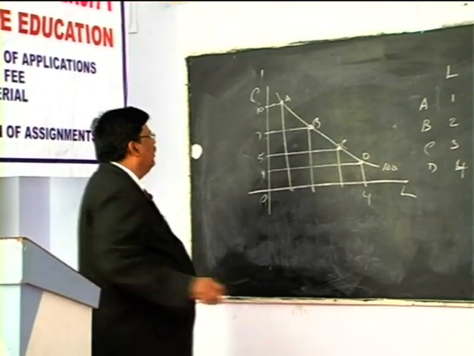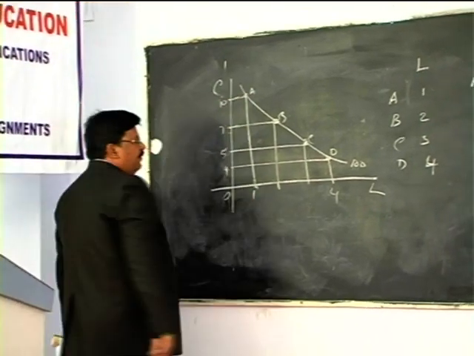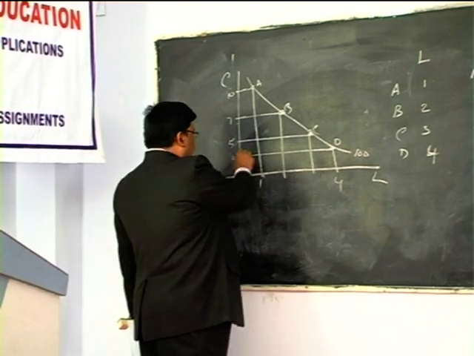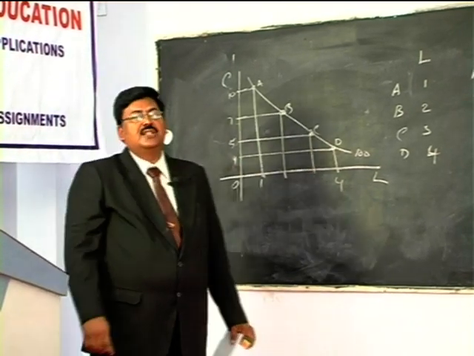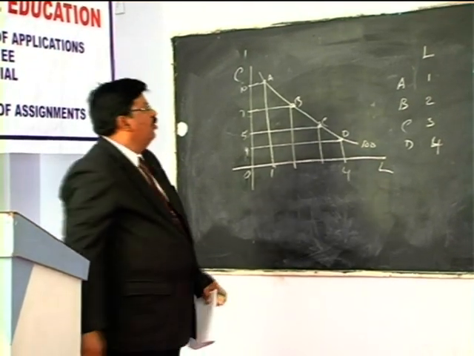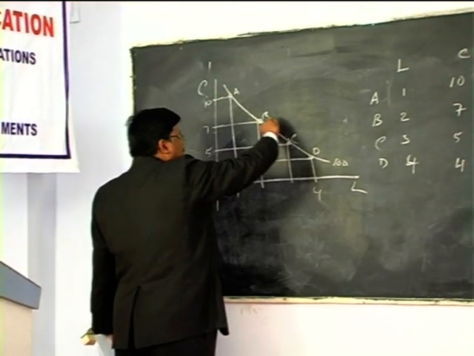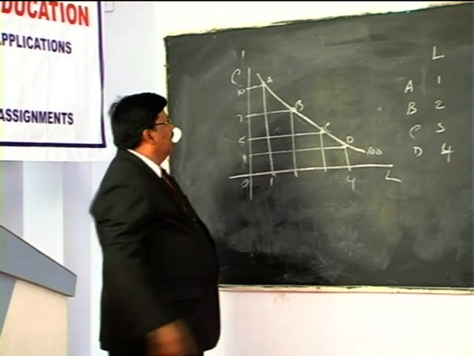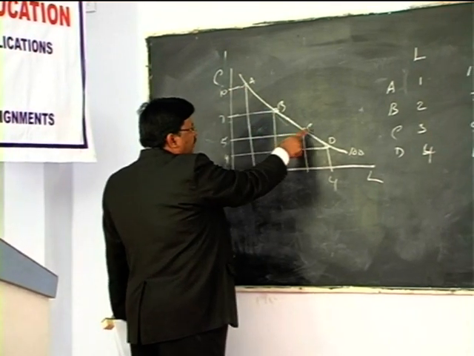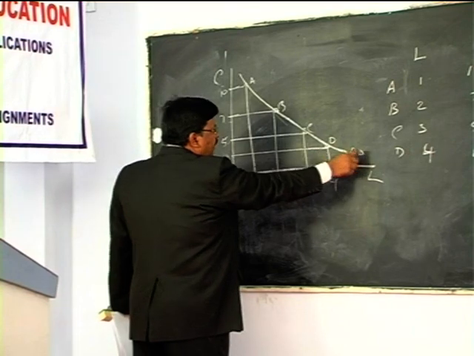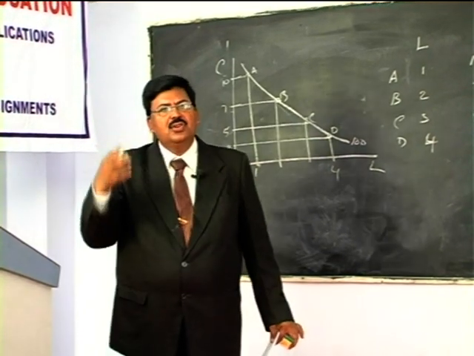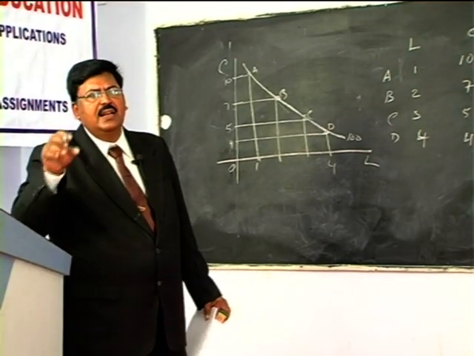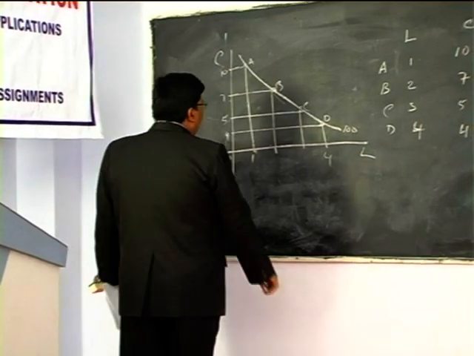That means combination A indicates 10 units of capital and 1 unit of labor that can produce 100 units of output, and similarly D, that is 4 units of capital and 4 units of labor, can also produce the same output. So with movement along an isoquant, either downwards or upwards, output remains the same. At point A the output is 100, B also 100, C, D. So any point on the isoquant indicates the same level of output. An isoquant is a locus of combinations of inputs, and each combination indicates the same level of output that can be produced.